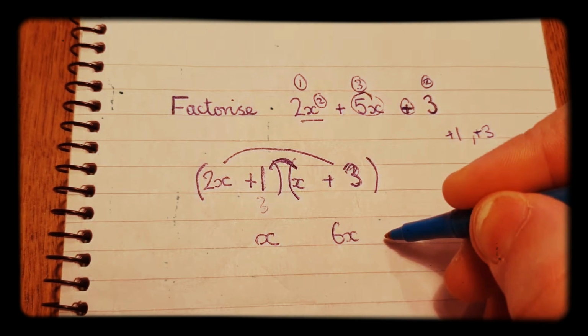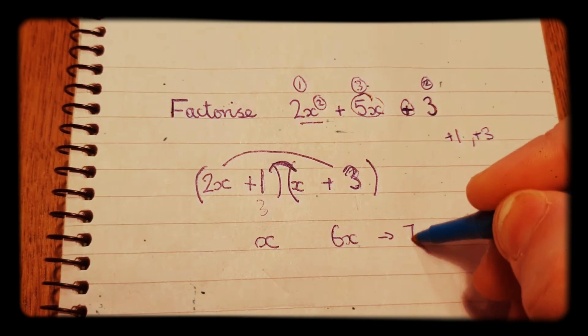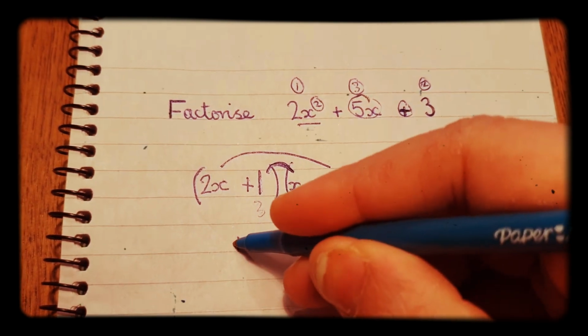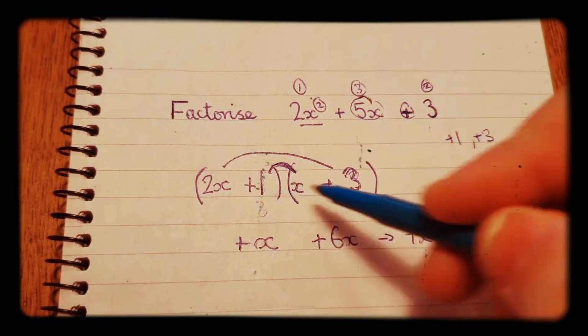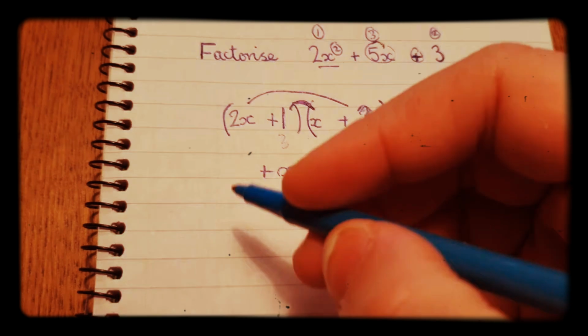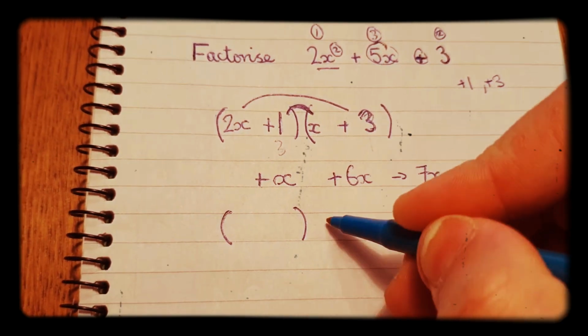So that actually adds up to make 7x. Okay, so a positive x and a positive 6x makes a 7x. So that is not the right way round. The correct way round, if we just do this again,